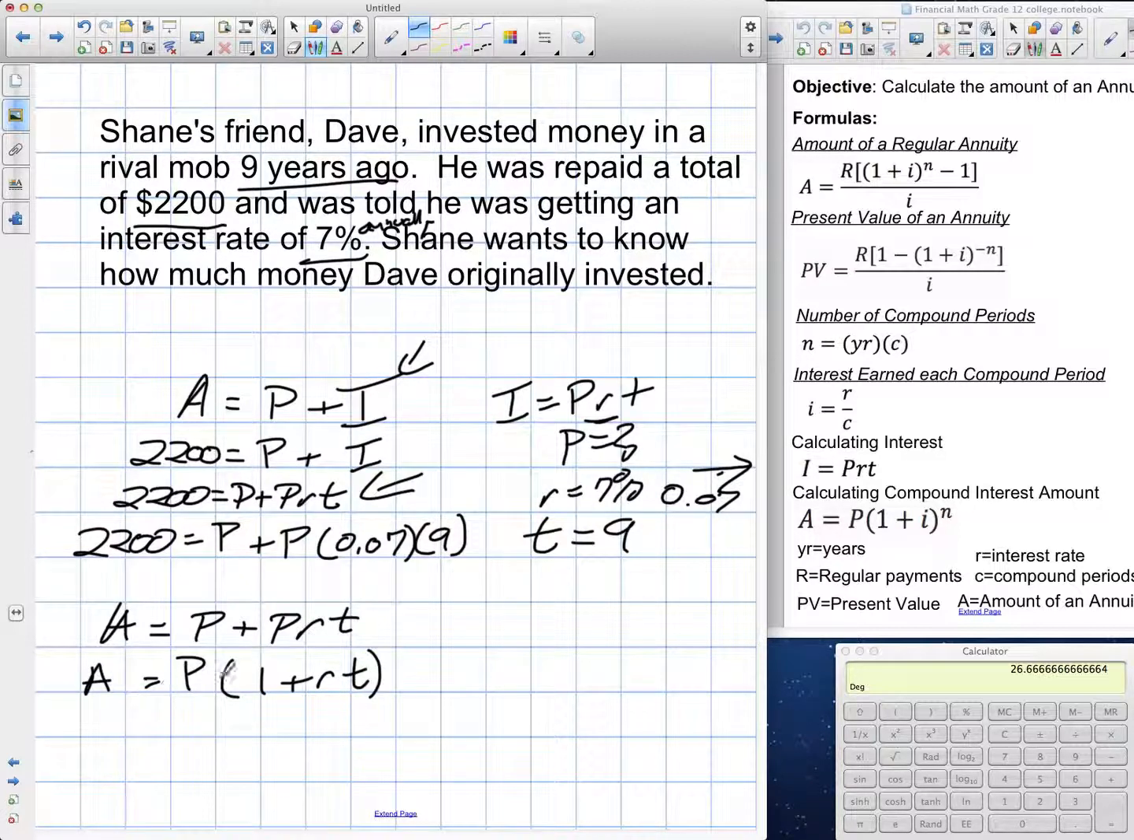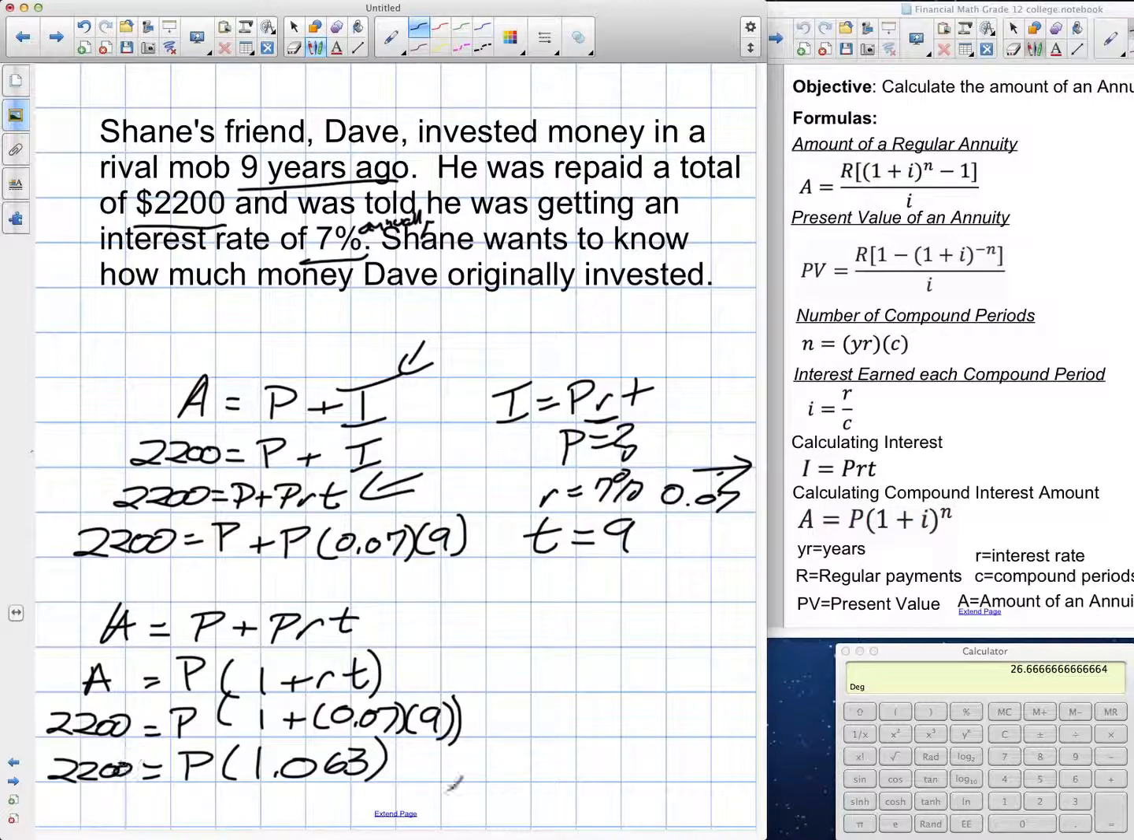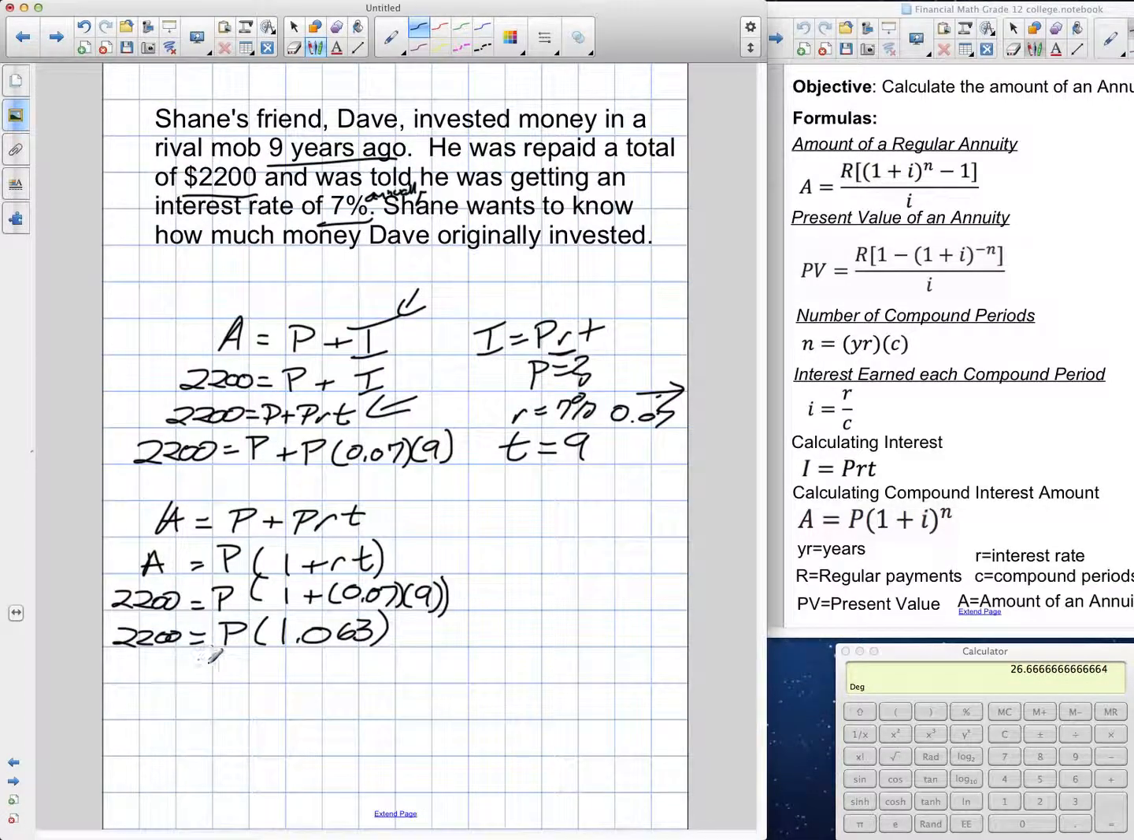Now I only have one variable representing principal, so I'm going to plug my values into this. Our A was $2,200, that was the total amount. P being our principal, 1 plus 0.07 multiplied by our 9. So when we calculate this, we get 1.063 is equal to $2,200. And we need to isolate for P, so we need to divide both sides by 1.063. So our P is equal to